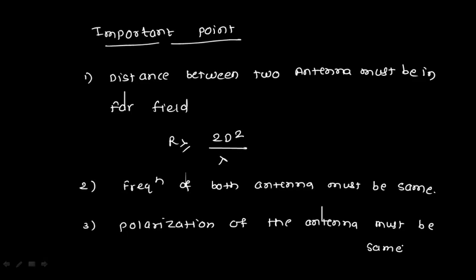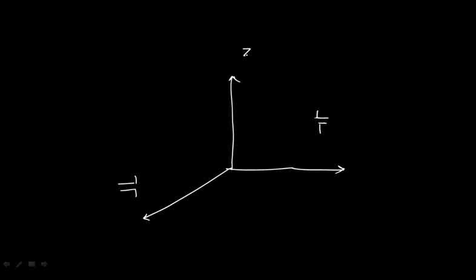Now how are you going to measure those properties? As I told you, you have one test antenna somewhere here, and some measuring antenna somewhere here. Now you know how we are going to represent it in space, the spherical coordinate system. So this will be the Z, this will be the Y, and this will be the X. This is your test antenna, and this is your probe antenna. I need to measure the radiations at this particular point. So how am I going to measure this particular power or radiation?